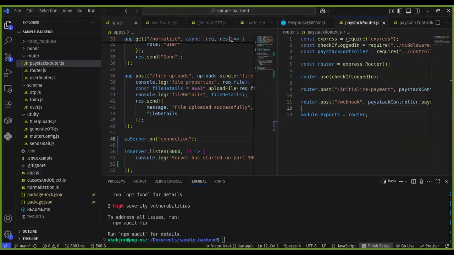So I'm trying to open the chat to see. Okay,